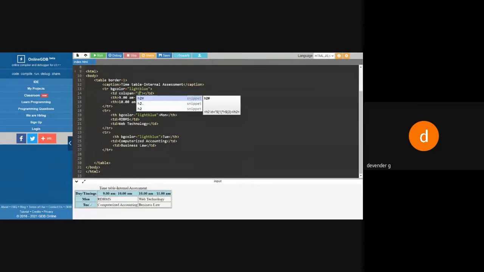Column means here you can see the output: days, day and timing is there, Monday is there, Tuesday is there. If you want to make these three cells into one, then I'll be using column span. If you want this one horizontal to be combined, then I'll be using row span. So here I'll say that I need day slash timings.